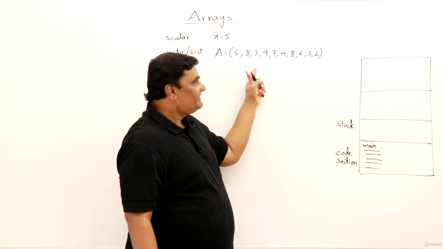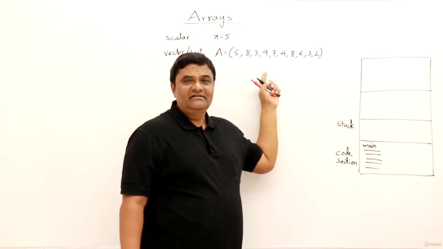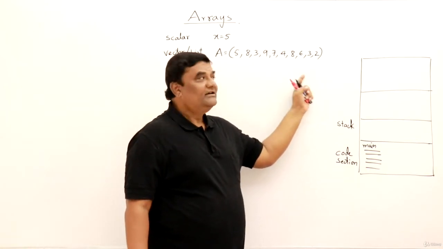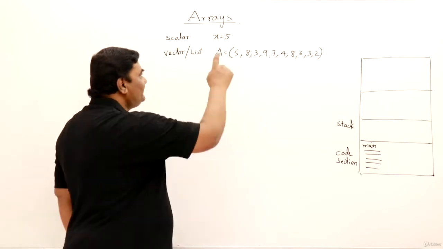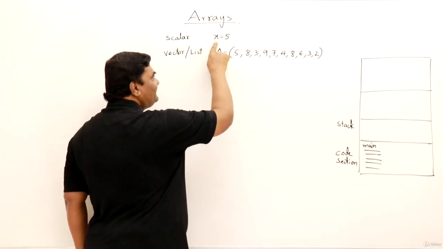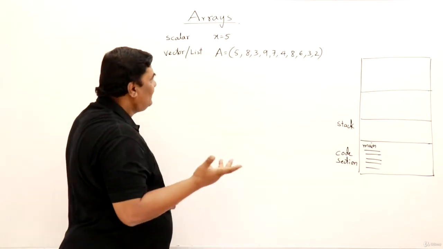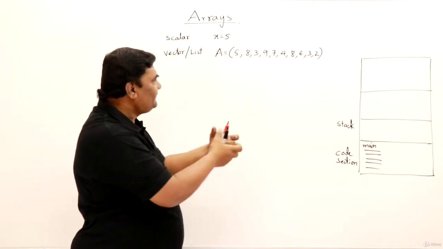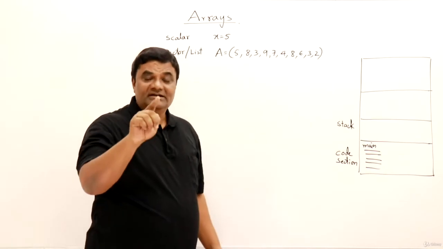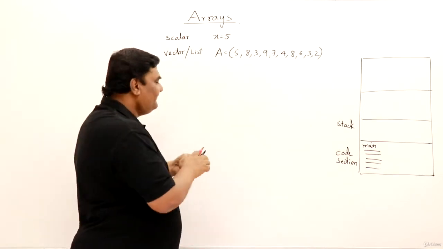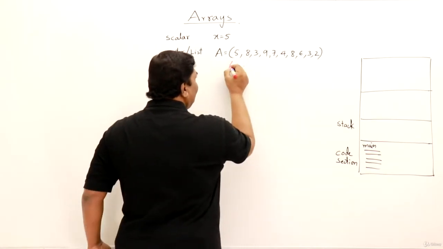So yes, this is a list of values. This is a single dimension list of values. So we have more than one value. Now a single value, we will call it X. Multiple values are also called A. Now how come a single name is used for all the values? In mathematics, we differentiate like this. We say this is A1.